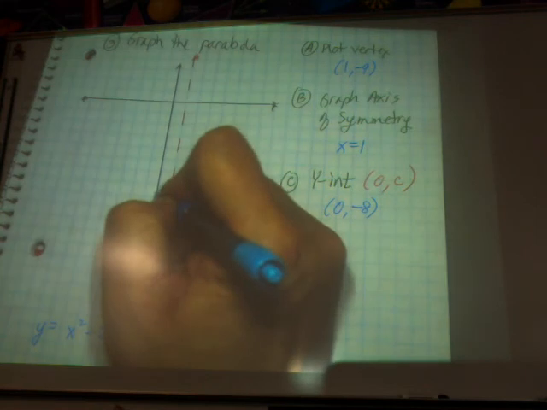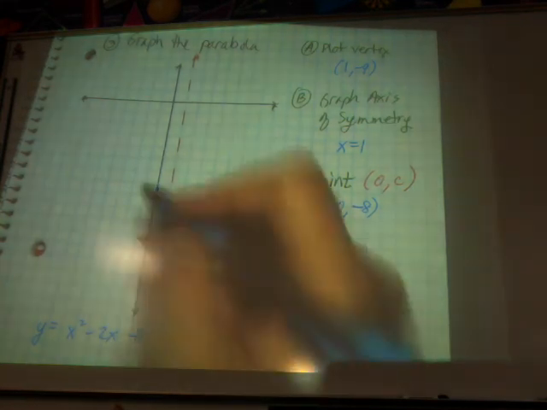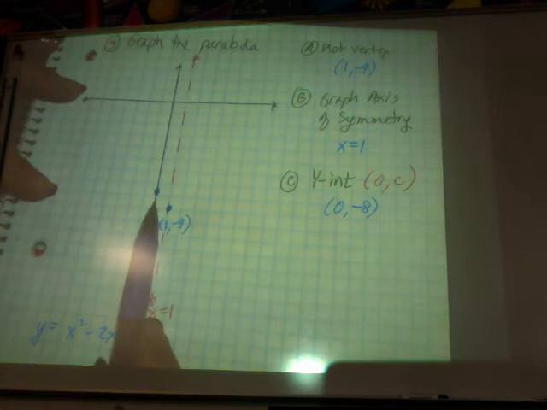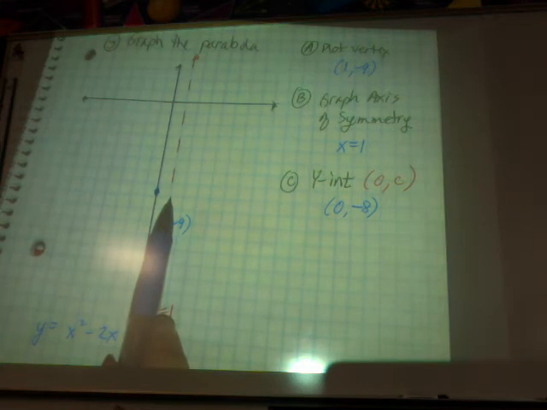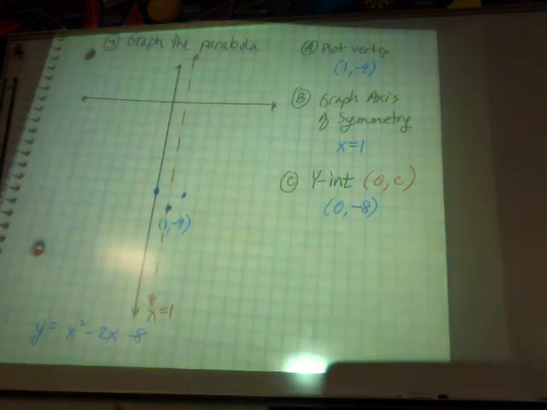Here's my y-intercept, right there. I guess I missed the point because I'm blind as a bat, but there you go. Right there at negative 8, right? It has a mirror image on the other side of the axis of symmetry. That's the purpose of that axis. How far is this point from the axis of symmetry? 1. You are going to plot an additional point on the other side going the same distance. So I'm going to plot 1 to the right and plot a point here. Always plot in pairs of symmetry. So I got an additional point from my